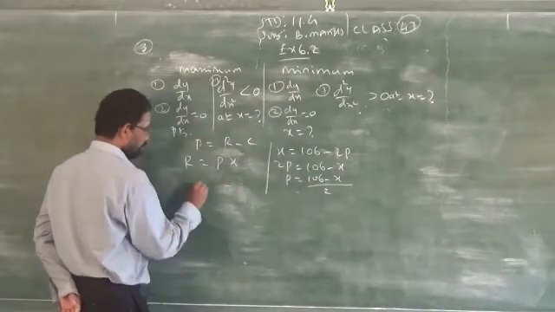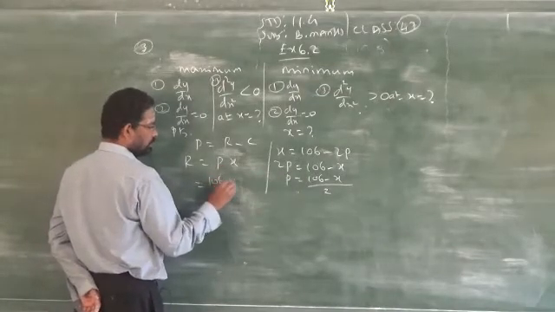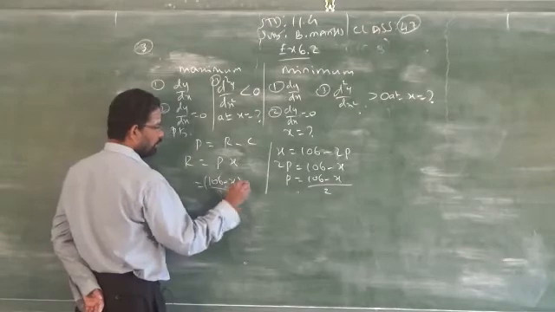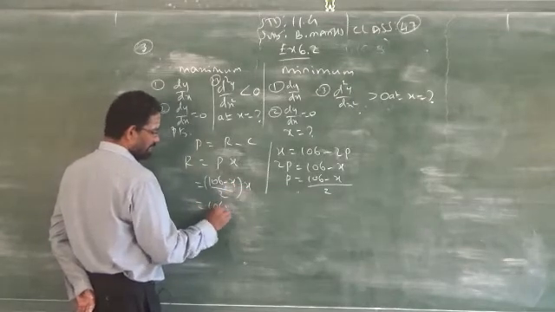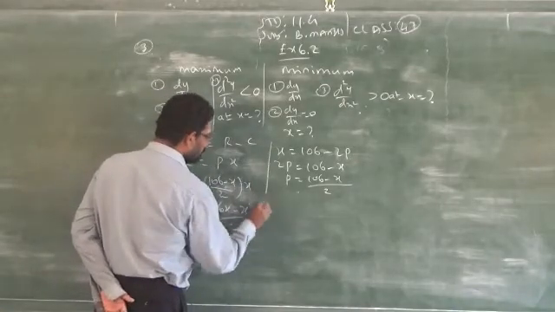Now I can easily find out the revenue by replacing P by 106 minus x by 2 into x, that is 106x minus x square by 2. Clear? So next I have to find out